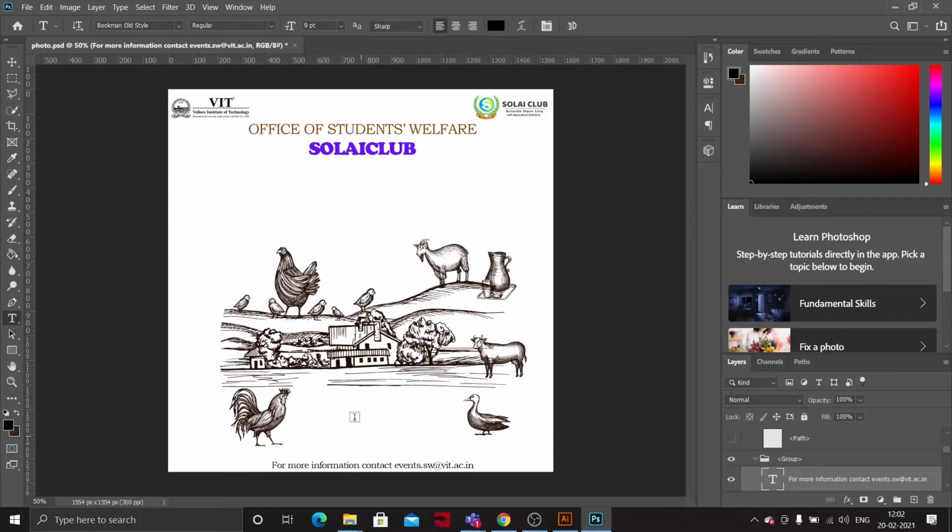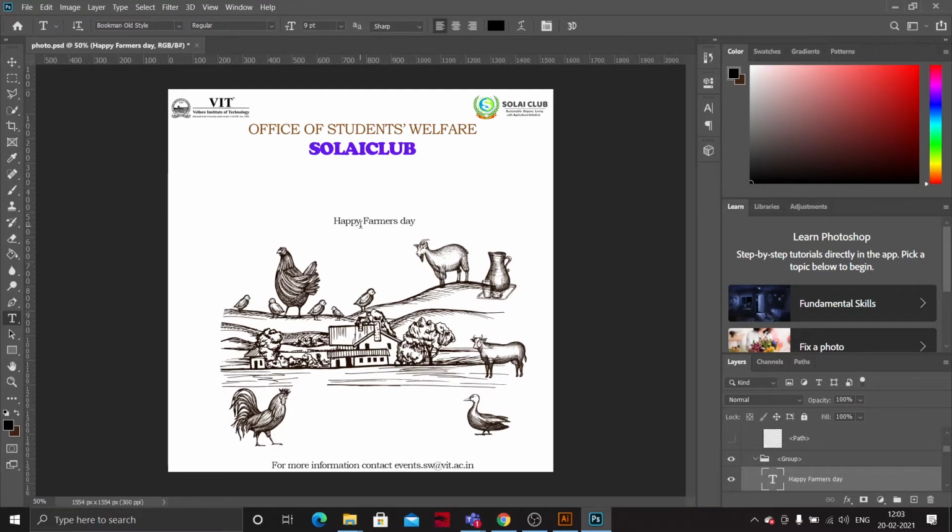Okay, now the main thing is the event name should be very big, so that it is noticed by everyone just seeing the poster, not by studying the bio to see what's happening. Then the event is Happy Farmers Day. Let's add it, Happy Farmers Day. And one thing, if you don't find any font in Photoshop, we can use online fonts. I'll say about that.